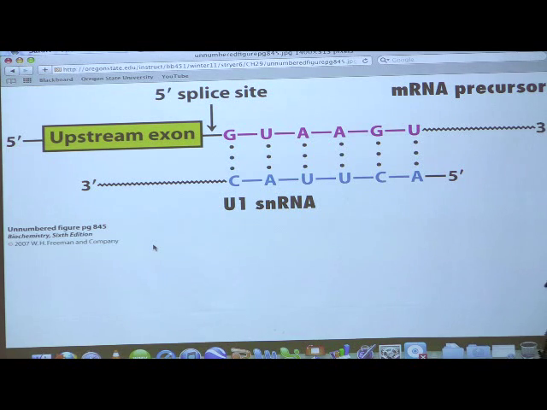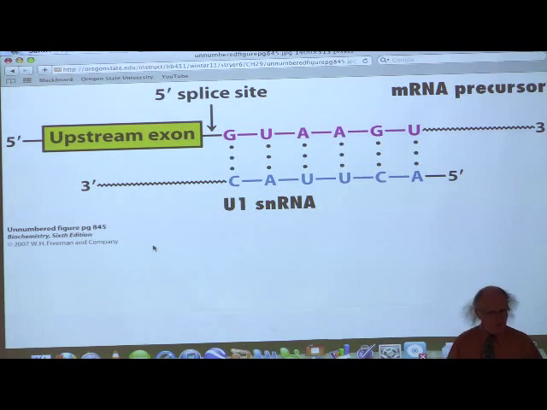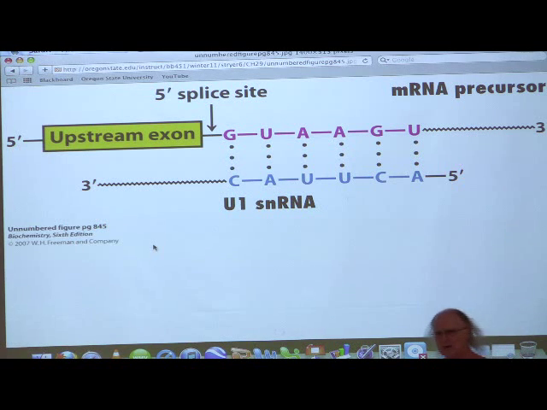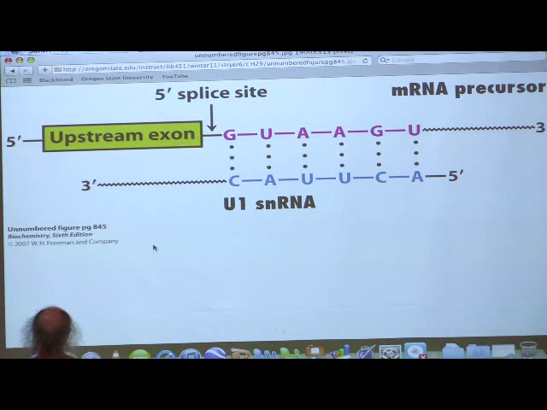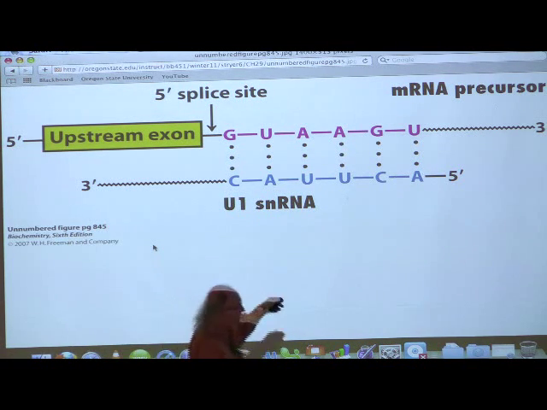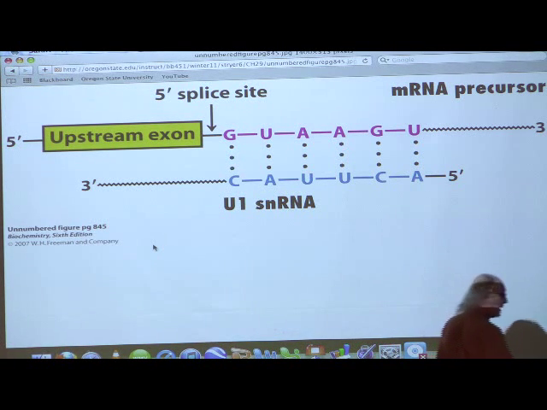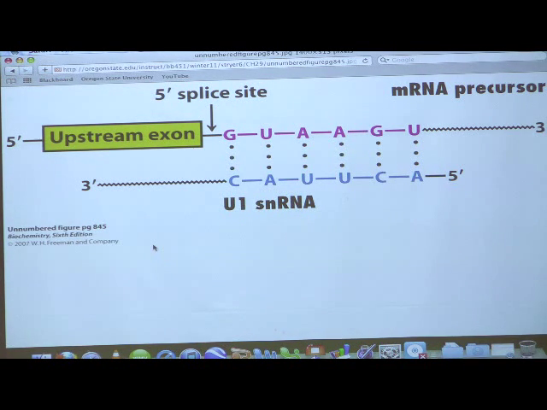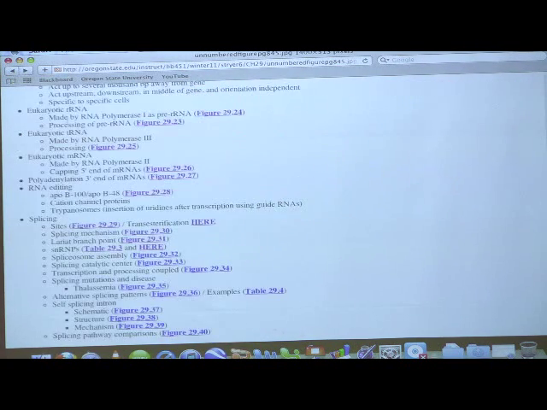What are the functions of these things? Again, we don't know all the functions, but one thing we do know is that by looking at the sequence of U1 snRNA, we discover that it has a region that's complementary to that 5' end. Here was that consensus sequence. And look at this, this guy has a sequence that's exactly complementary to it. We could imagine that the U1 snRNA plays a role in identifying the 5' splice site. And that's exactly what happens.